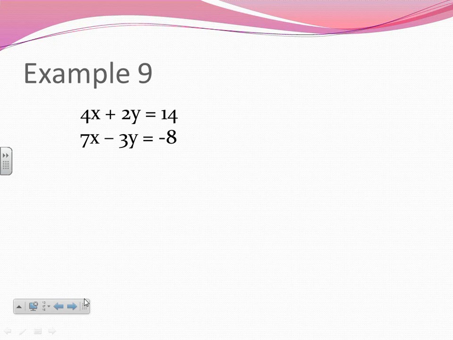Okay, so here's the thing. You either need to make opposites with your x's or with your y's. So what could I make with 4 and 7? You could make 28, and so that means you times the 4 by 7 and the 7 by 4, and one of them would be a negative. Okay, what can you make with 2 and 3? 6. So you would times the top by 3 and the bottom by 2. Would you have to make any of them a negative? No, because you already have opposite signs. So let me ask you this. Would you rather make 28 or would you rather make 6? 6. Okay, which is why,